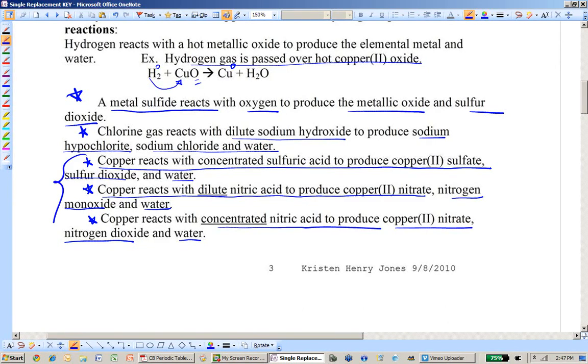So you may want to take these 3 as a set, since they're all about copper, and just kind of figure out what's going on with each one of those so that it makes it just a little bit easier for you to memorize. Now, in terms of how copper actually reacts, you really should go to the wiki page, the AP Chemistry, which is most likely how you found this video in the first place,